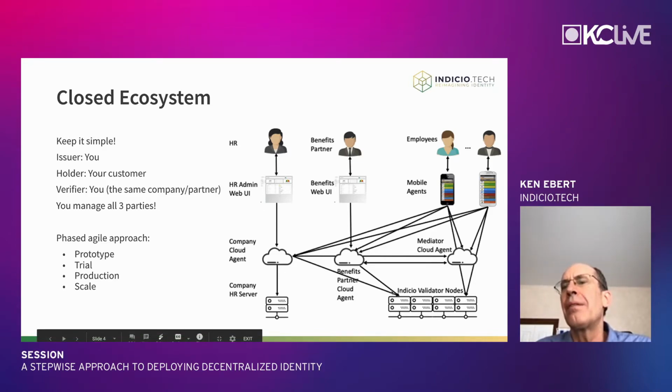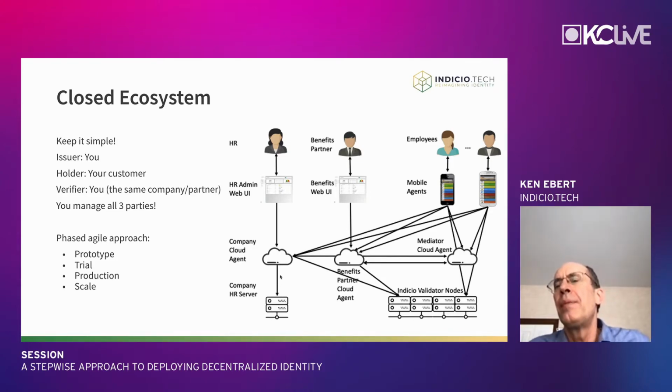It has a ledger, such as the Indicio nodes or the Sovrin network or many of the other networks that exist. It has a back-end legacy system and only one integration to be performed. That is a very simple system, and the simpler the better at the beginning. I recommend this, and in working with our clients at Indicio, we've had a number of them who have had a successful approach.